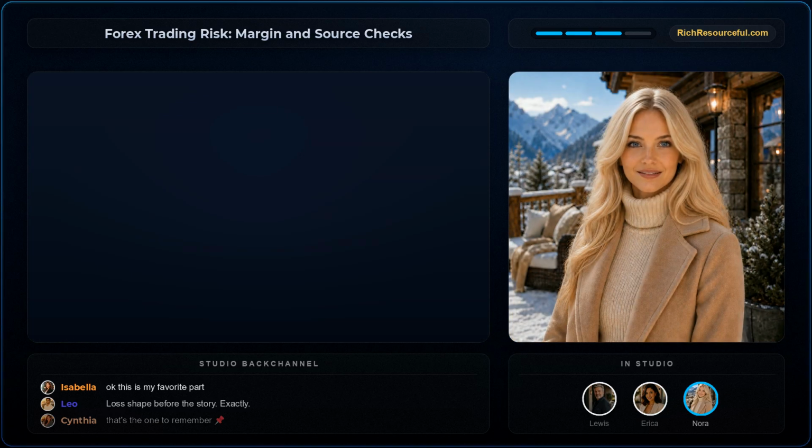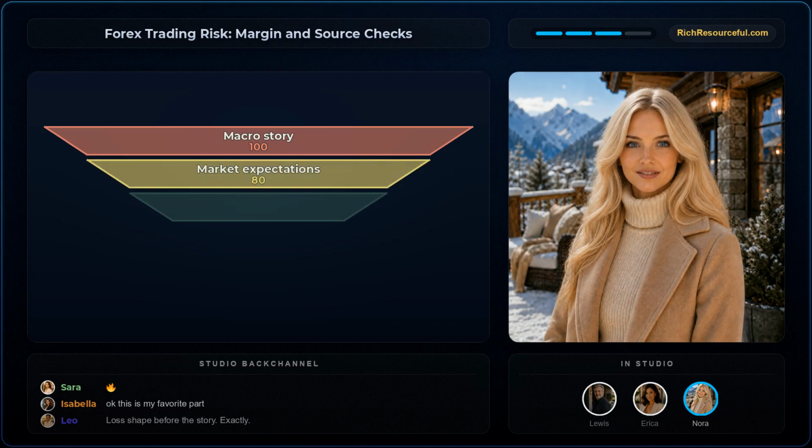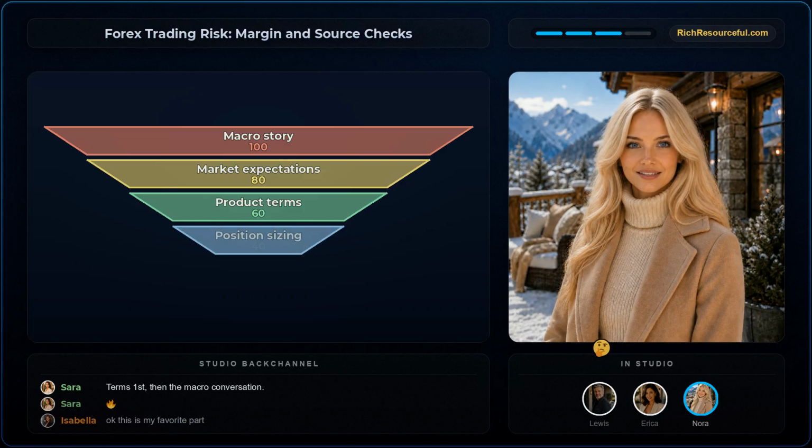People often connect currency forecasts to inflation, interest rates, elections, trade balances, or central bank decisions. Are those useless? No. Are they a trading instruction? Also no. They're inputs in a crowded market where the visible news may already be reflected in prices and where the path can contradict a tidy story.